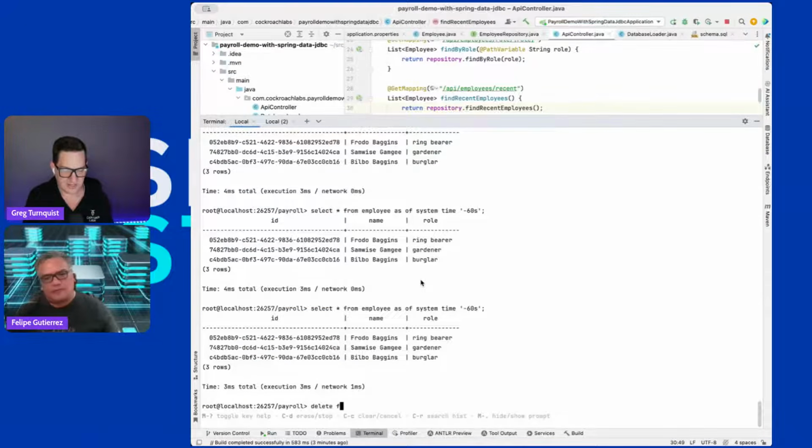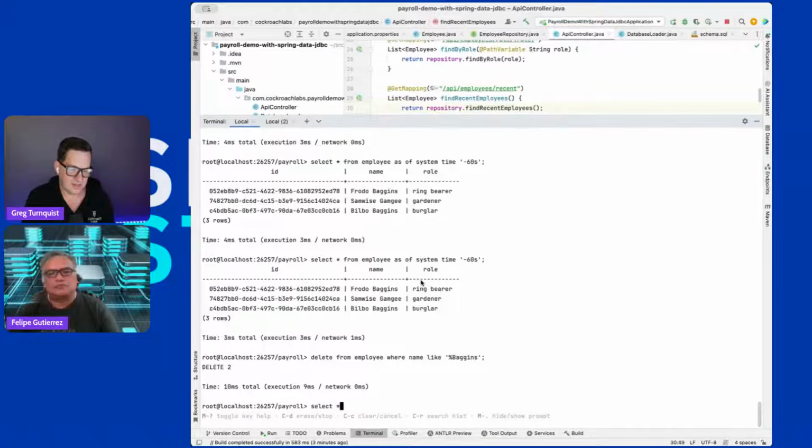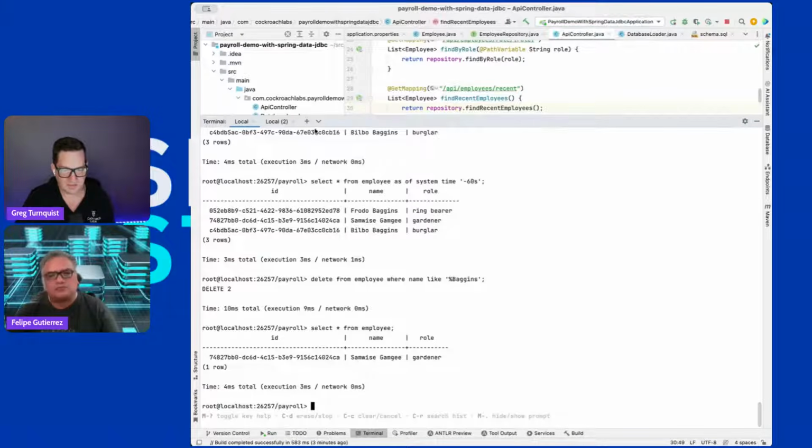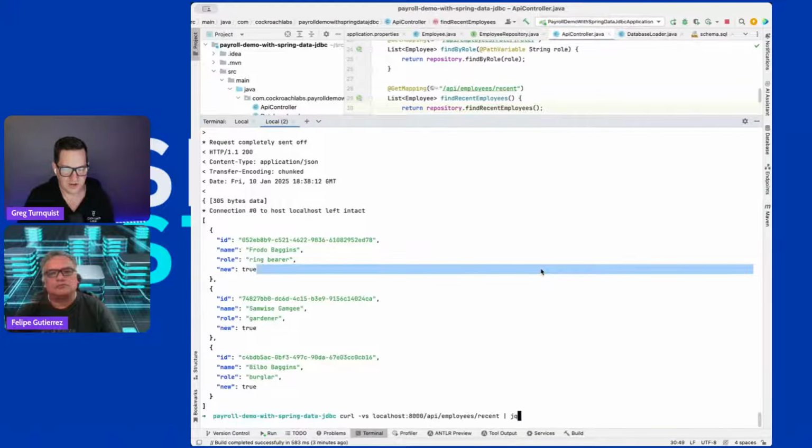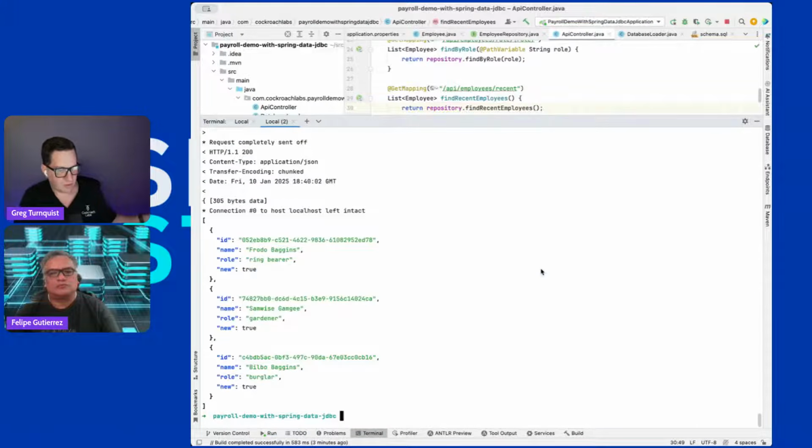But let's go ahead and delete from employee where name, let's get rid of the Baggins here. How about that? Select star from employee. So all we have is Samwise left. And if I go over here and run that recent web route,